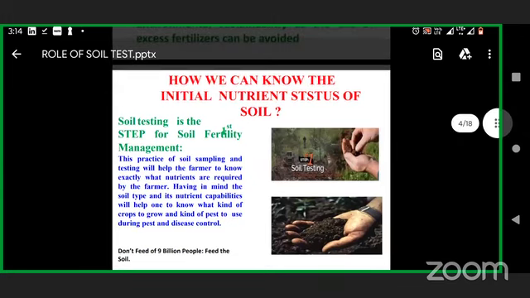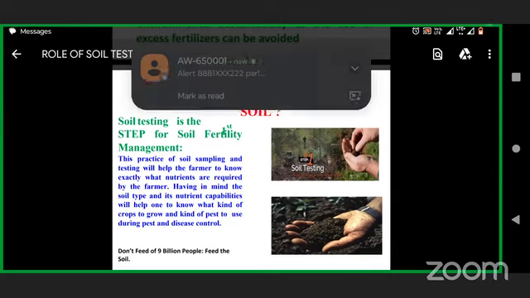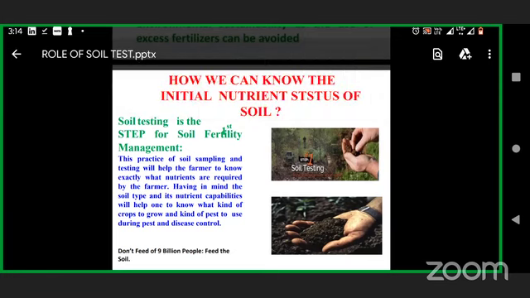So it is very important to know the nutrient status of our soil, as we have discussed earlier. To know the nutrient status of our soil, it is very important to do soil testing. And for soil testing, the foremost step is to collect the soil sample. But whenever a farmer or anyone takes a soil sample, they don't know the correct way to take it. They just take a random sample and put it in for soil testing. But that is the wrong way.